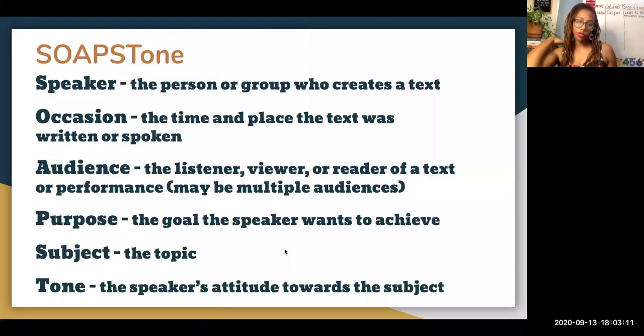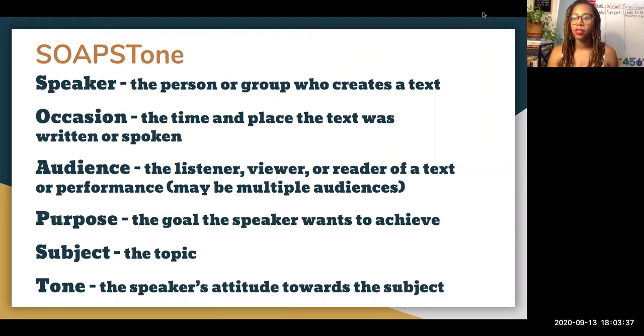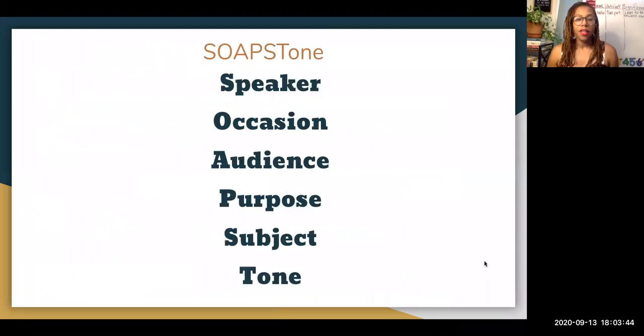SOAPSTone stands for speaker, occasion, audience, purpose, subject, and tone. I'm going to go through each of these in a moment, but you might want to jot down this quick acronym so you can remember, and I'm going to go through each letter. I'll give you a second or so to gather some information. All right, so